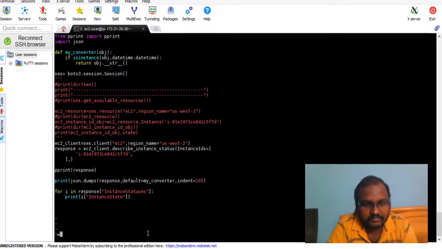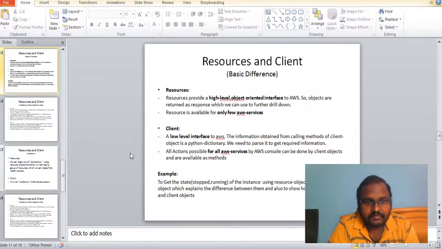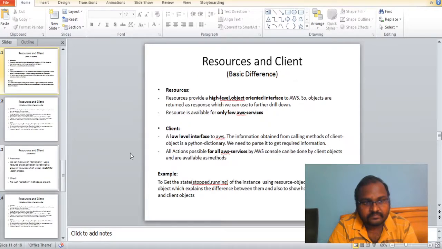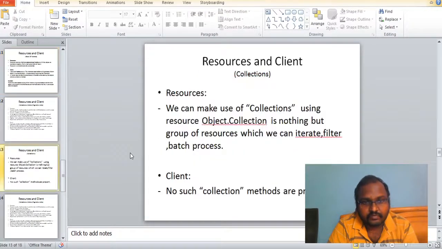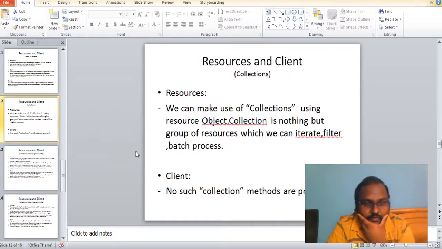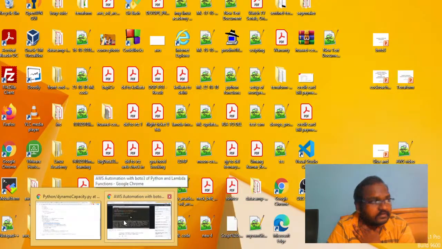Then let's go to the next lecture, the next slide, for collections, waiters, and some metadata. We'll do this. To get into all the things, it is better to cover one by one. Let's do the collections part. Collections, which I already told, resources contain collections. The client doesn't contain collections. To explain it in a clear manner,